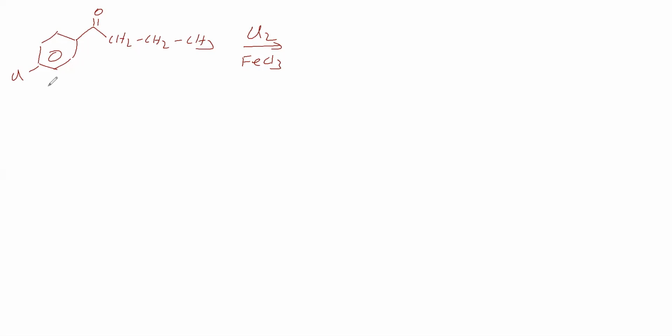In the phenyl ring, where is chlorination possible? That we'll see. This chlorine shows a minus I effect, due to which it would direct the electrophile to the meta position. Chlorine also shows a plus R effect, due to which it acts as an ortho-para director. Now this keto group is an electron withdrawing group, therefore it is a meta director for electrophilic substitution. So chlorine, due to the minus I effect, is a meta director, and due to the plus R effect, positive resonance effect, it acts as an ortho-para director.